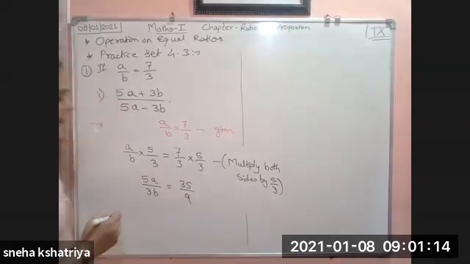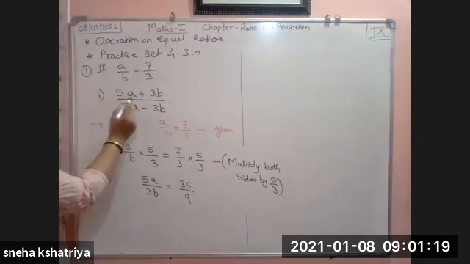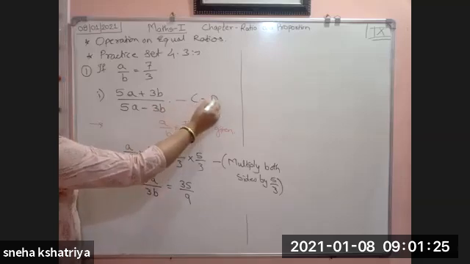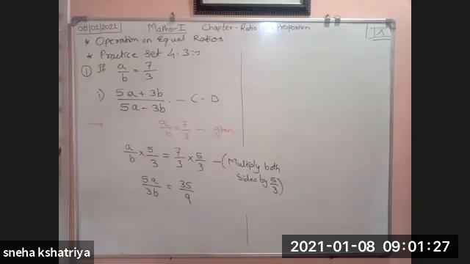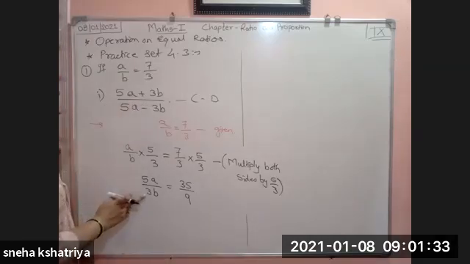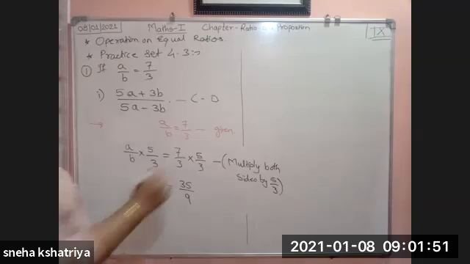Now if we see here 5A plus 3B divided by 5A minus 3B, clearly we can say that this is the componendo and dividendo property. Here is 5A, here is 3B. If we take the componendo and dividendo operation on this ratio, we will get 5A plus 3B, and at the denominator 5A minus 3B. So we will operate here by the componendo and dividendo property.